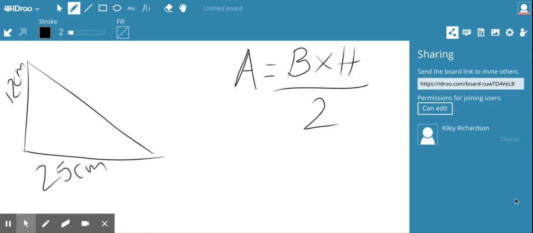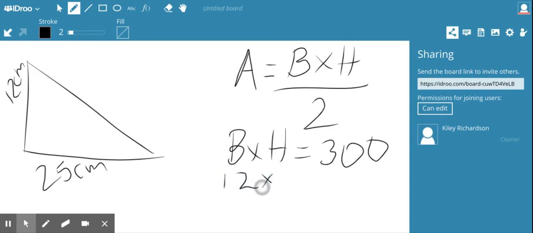Here we have a triangle. Our dimensions are a height of 12 centimeters and a base of 25 centimeters. Our formula is area equals base times height, and then we take that answer and we divide it by 2, so don't forget that step. Your turn to do it. And you should, after you do base times height, that equals 300, okay? Because 12 times 25 equals 300. And now we need to divide that by 2. And when you divide it by 2,